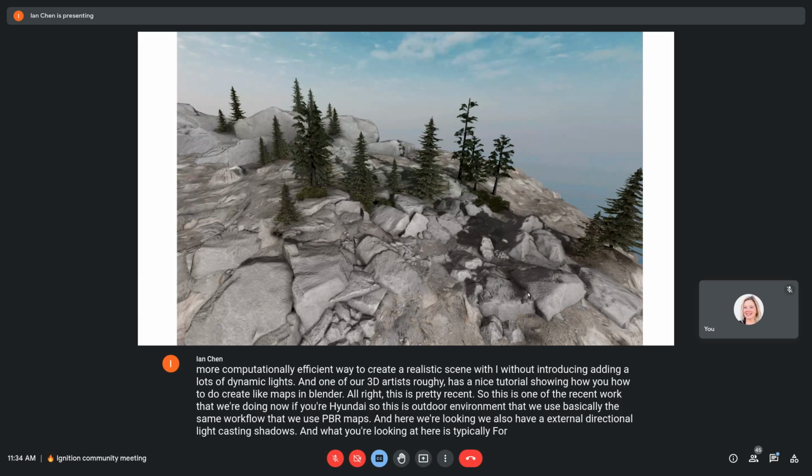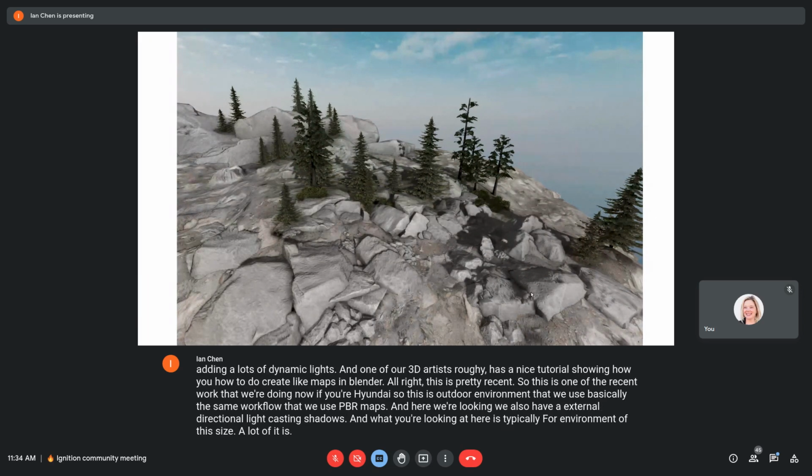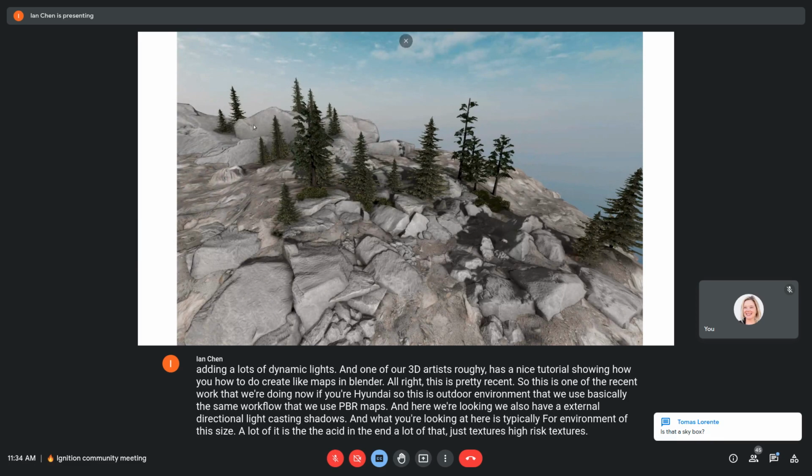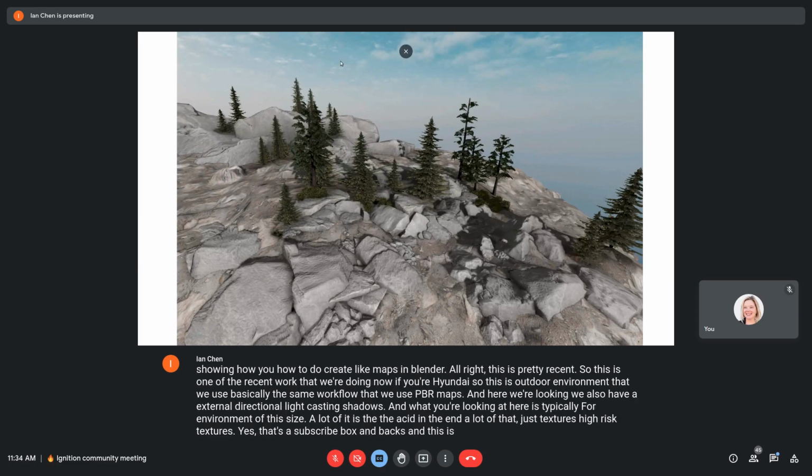for an environment of this size, a lot of it is the assets in the end. A lot of it is just textures, high-res textures. Yes, that's a skybox in the back end. This is Edifice. So